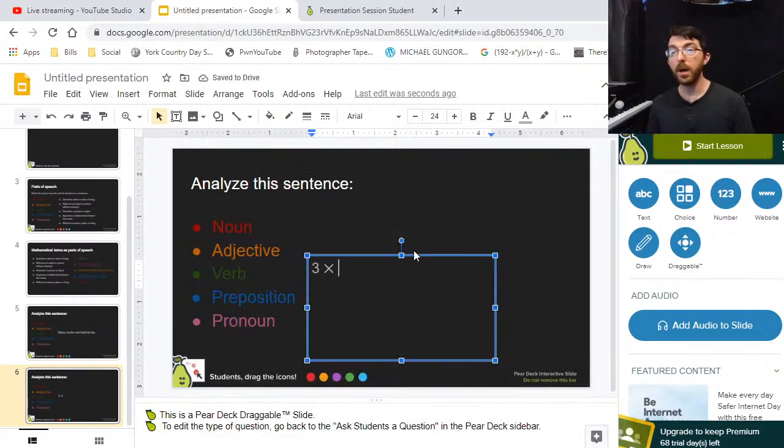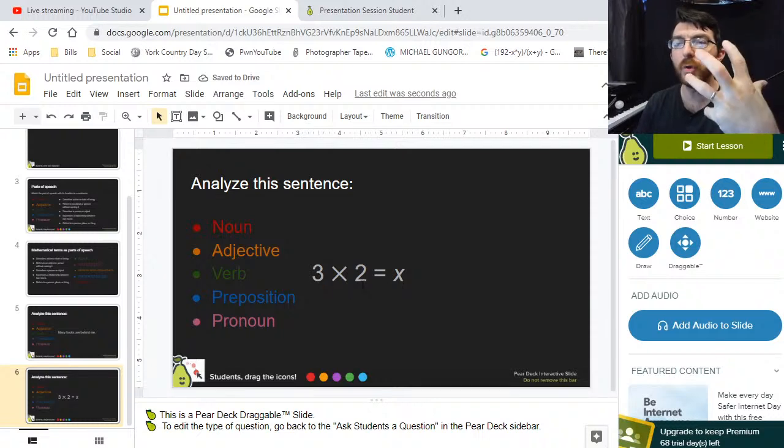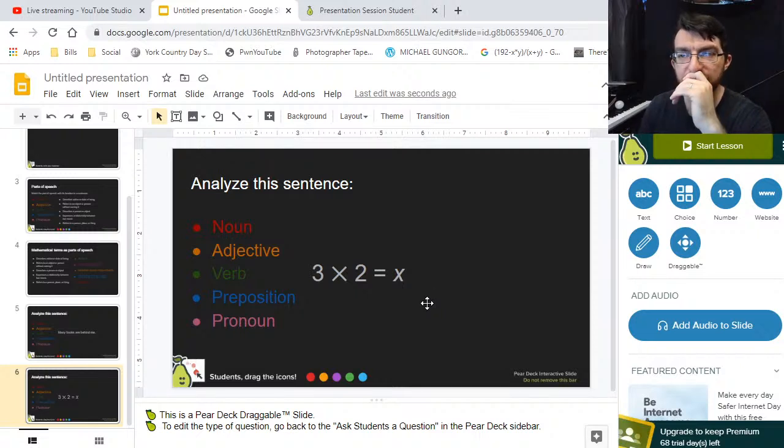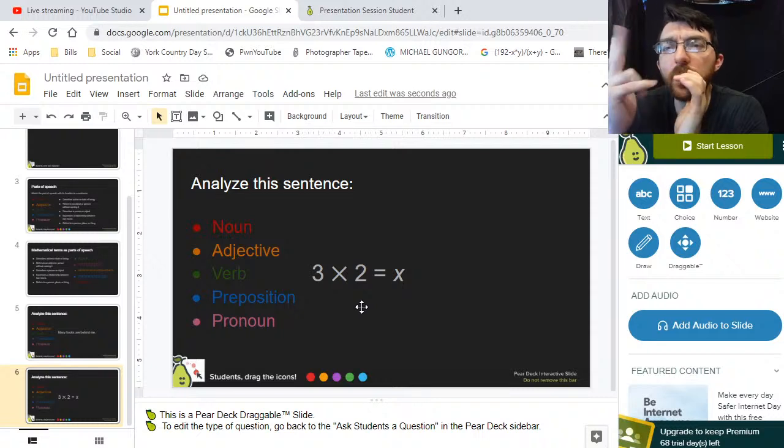So 3 of 2 is x. I'm going to make this a little bigger. So hopefully the way that I read it indicated to you what it is. 3 of 2. Those are both nouns. Oh no, adjective. Right. So yeah, I need to have 2 nouns. 3 of 2. How can I do this with only a noun and a pronoun? Because if I could have 2 nouns,